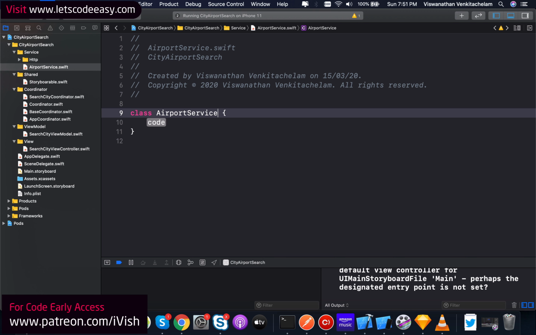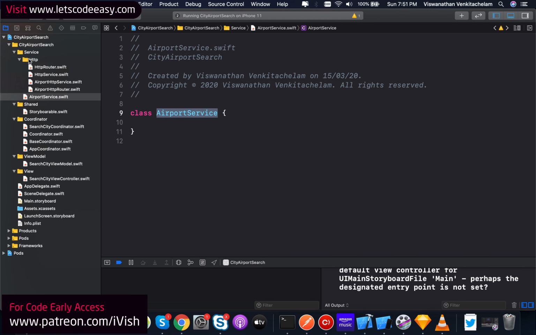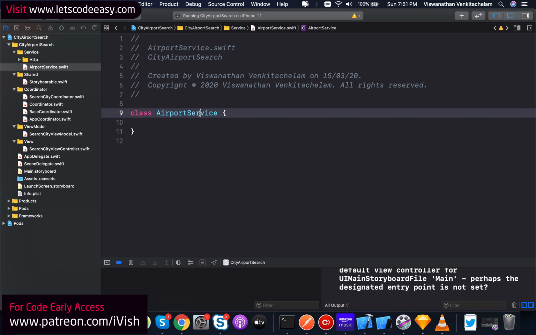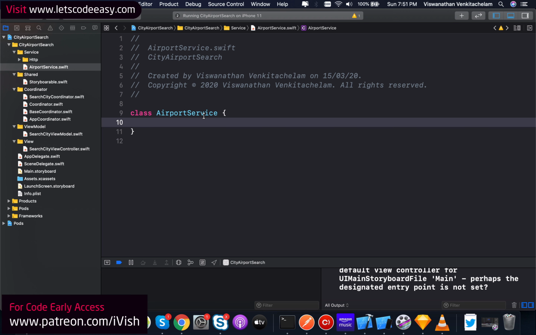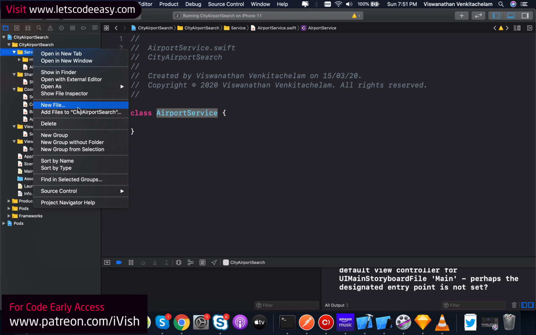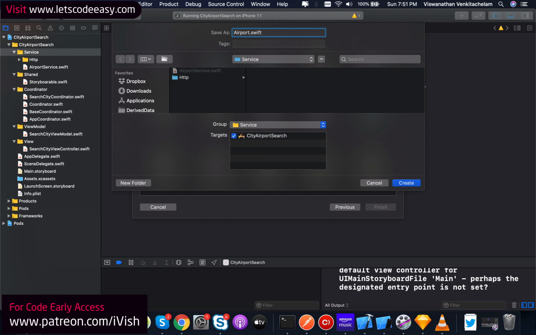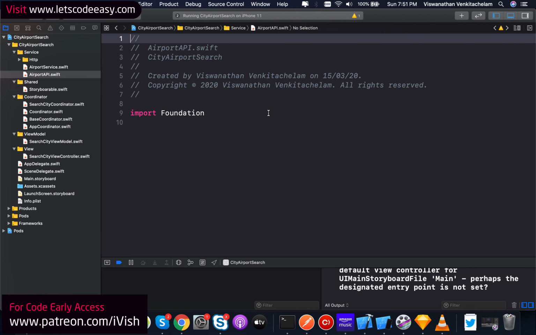So the idea behind having a service separated from an HTTP service is that, let's say, if you don't have an Alamofire based HTTP service, or if you have NSURLSession or something, then it should be easily replaceable at a point. So that's the reason I'm creating a separate service which will then consume your HTTP service, whatever be the type, because this is again going to conform to a protocol. Let me create that protocol. Airport API, let me call it Airport API. So that's my protocol,